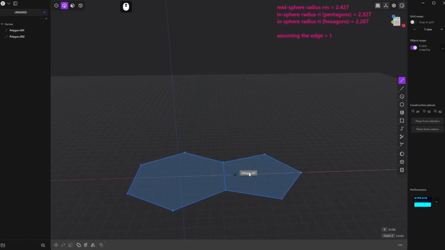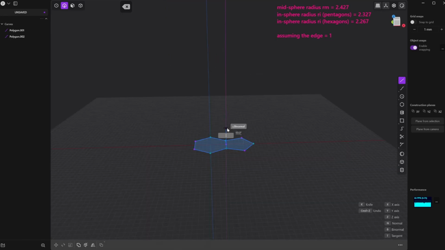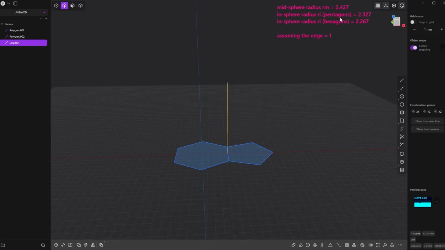So this construction line is going to start from the middle of the edge. Make sure that there is still a 90-degree angle here. One more time, 2.427 multiplied by 50. The in-sphere radius for pentagons,